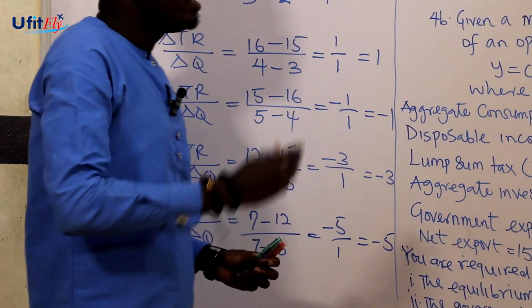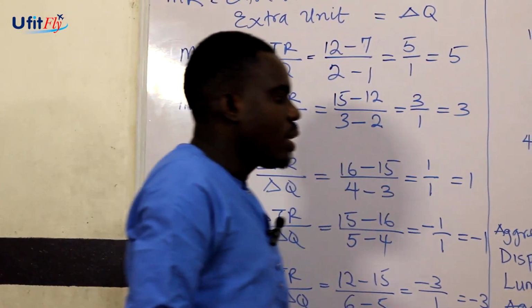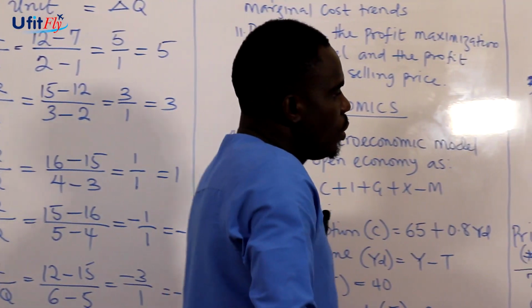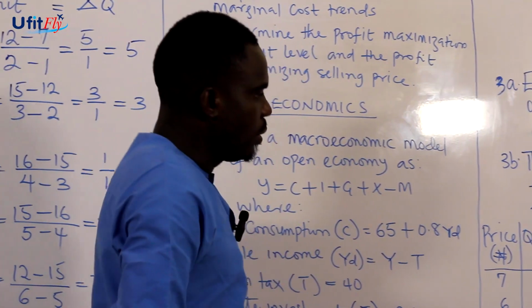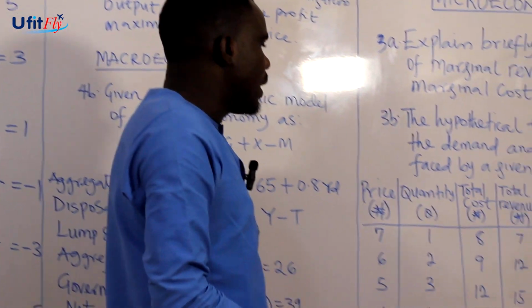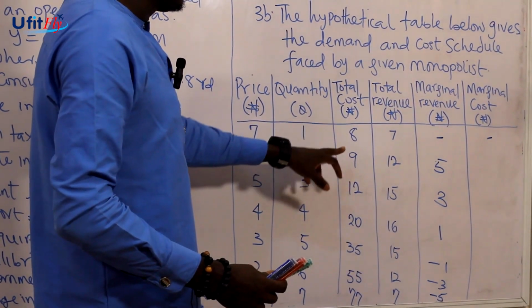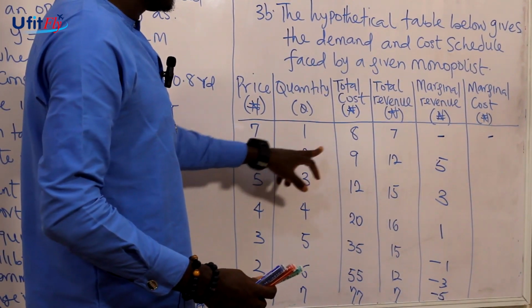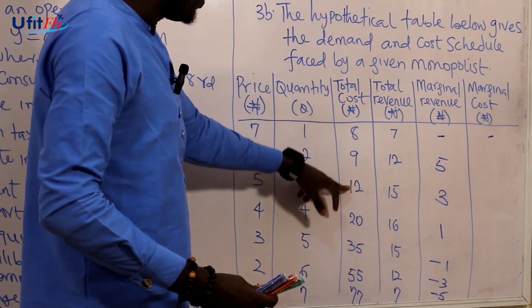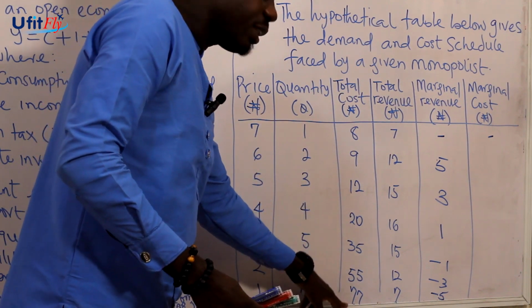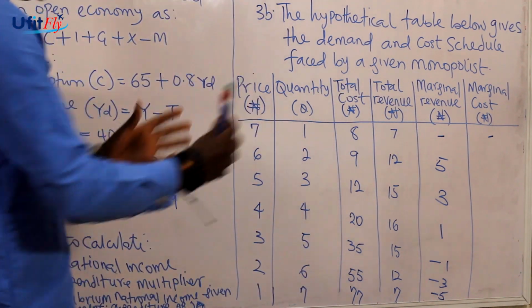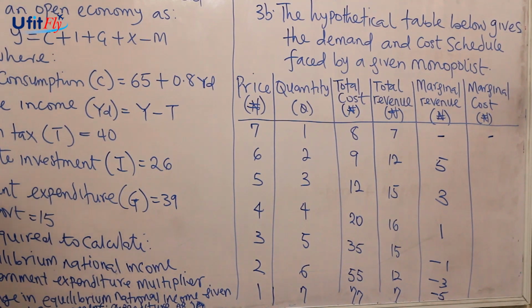Also, the question actually asks us to look for the marginal cost. And from the illustration, it is clear that the total cost for respective output sold ranges from 8, 9, 12, 20, 35, 55, and 77. So, adopting the same approach, we have,